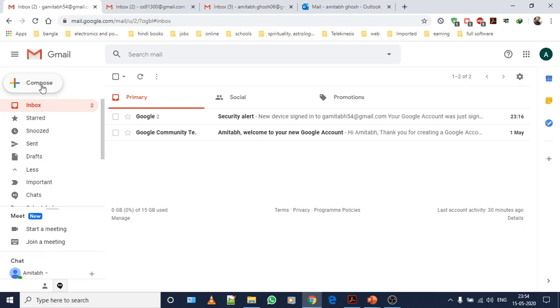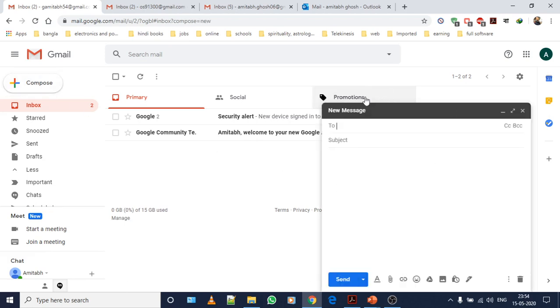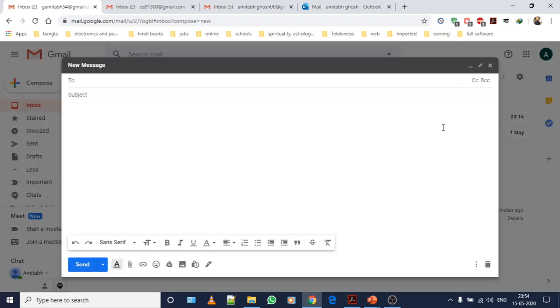So please click on compose. Now when you click on compose, one pop-up window will appear which will show you a new message. Expand it to make it bigger. Now if you click on this area, you will find To. To is the email ID of the person whom you are going to send a mail. So let me write these email IDs. You can see at the top, these are the email IDs I have. So in the To section, I am writing my first email ID.